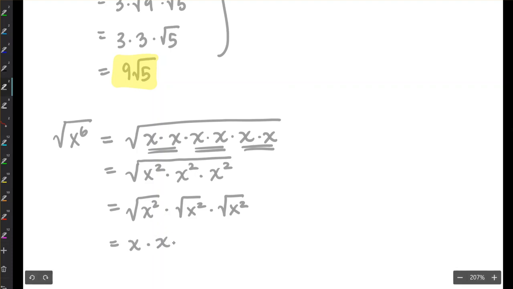Square root of x squared is just x. X times itself 3 times is x cubed. All right, and this is all great. This is all good work, but you could have done it faster